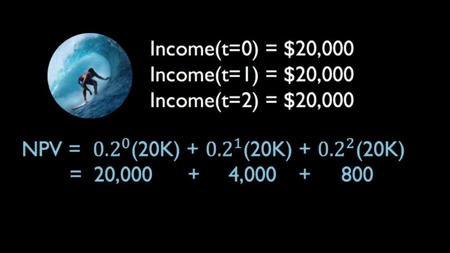So overall, he looks down the path of his life and he thinks about what would happen if I became a surfer, and he sees a constant $20,000 salary in each period of his life, and because of his particular level of patience, or in this case, kind of impatience, he's going to value that whole stream of income at what is equivalent to about $24,800. So the question remains, which career path will this guy choose? If he's only choosing based on which career path yields the highest net present value, he'll choose to become a surfer.